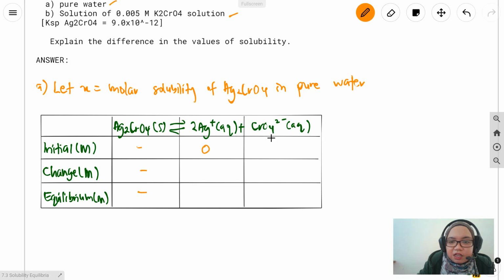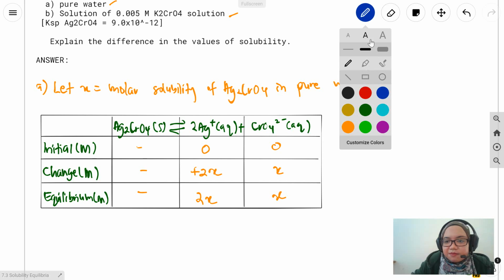So, initially, kalau dalam pure water, so kosong-kosong. So, change dekat sini plus 2x. Ini x. So, dia akan dapat 2x. Ini dia akan dapat x. Okay. So, kita tahu dekat sini,